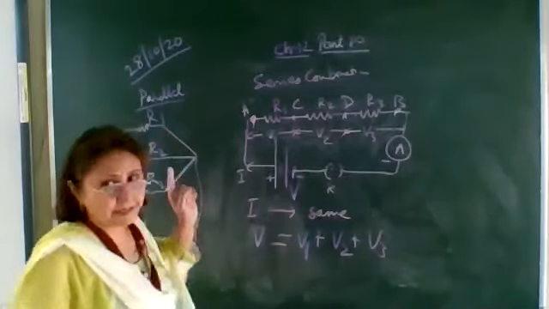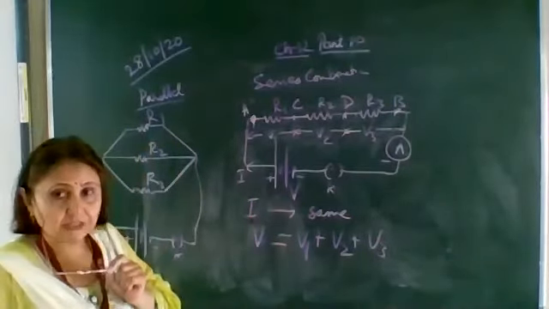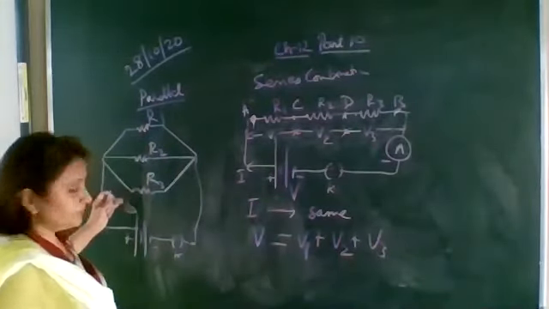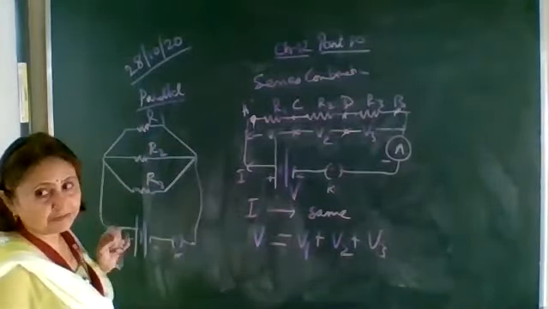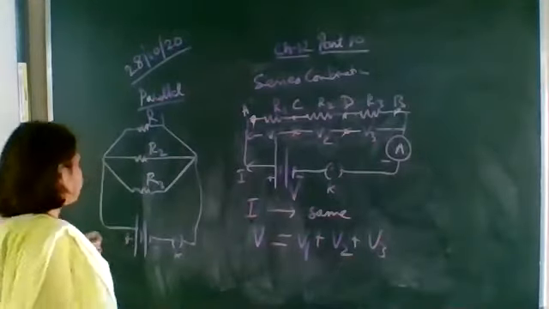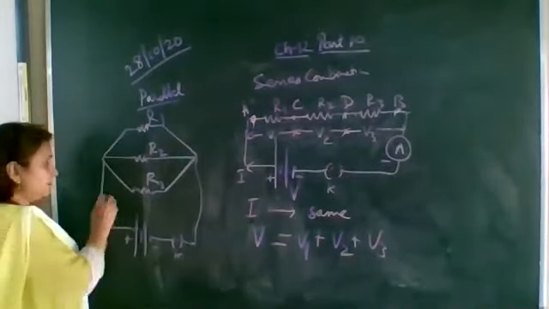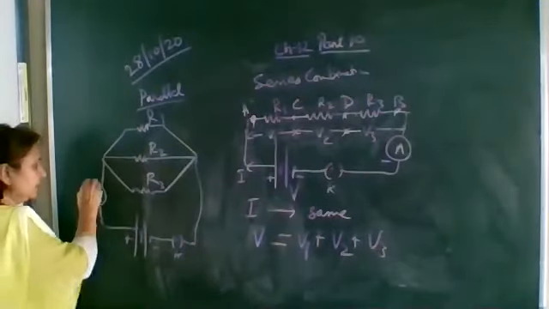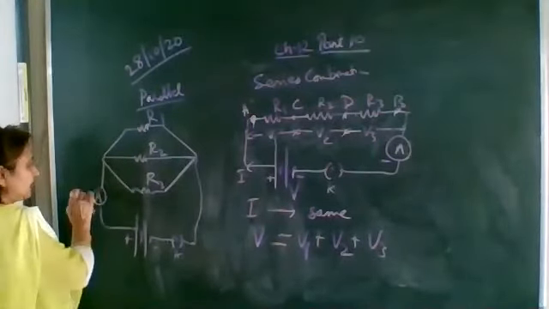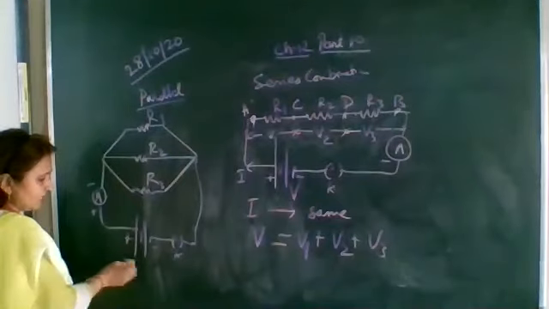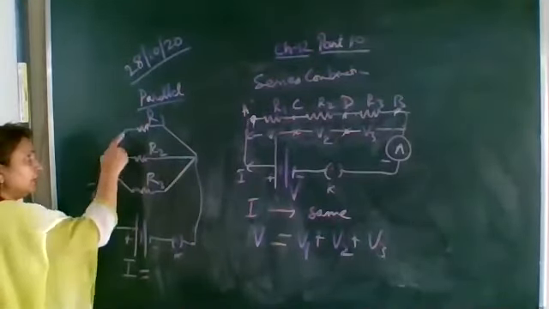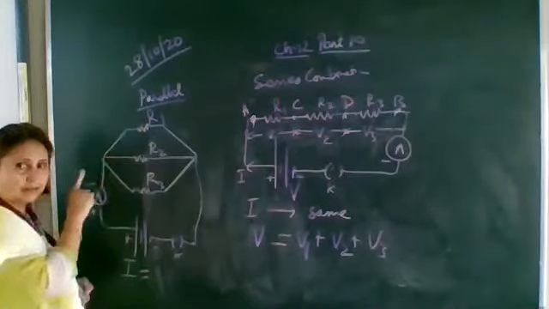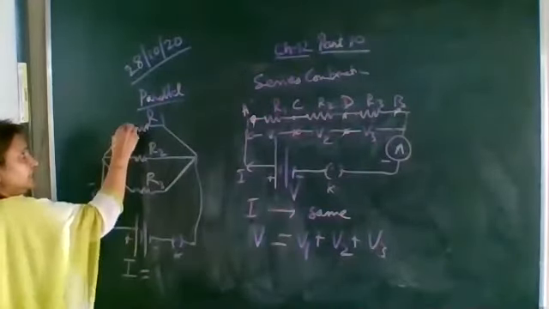Okay, the same thing will be done in the parallel combination. That is, the ammeter will be connected in each of these branches, and the voltmeter will also be connected. Okay, let us do it. First, let's connect the ammeter. The ammeter, we know, is connected in series. Let us connect the ammeter over here. Let the current measured by the ammeter be I ampere. Okay, connect it over here, remove from here, and connect it in series to R1.